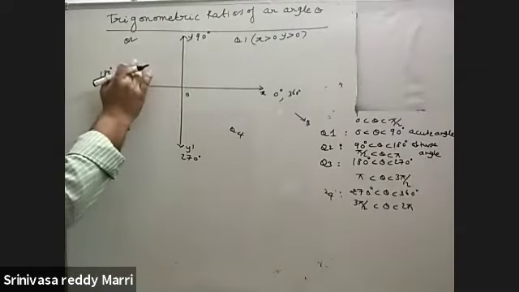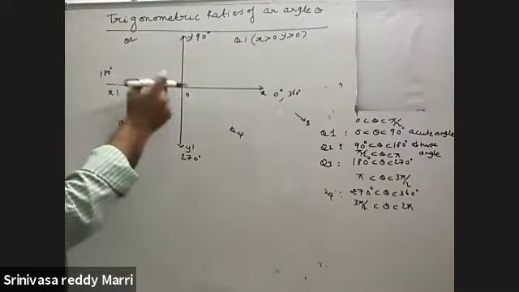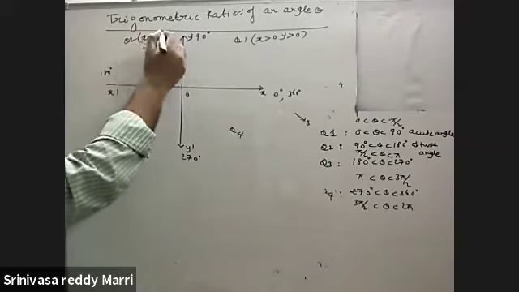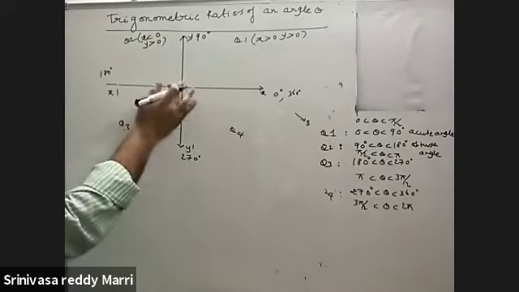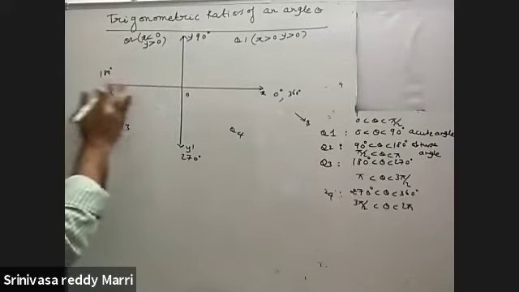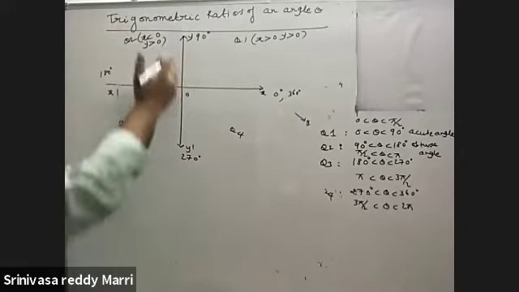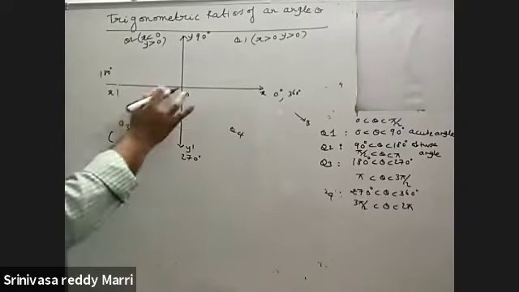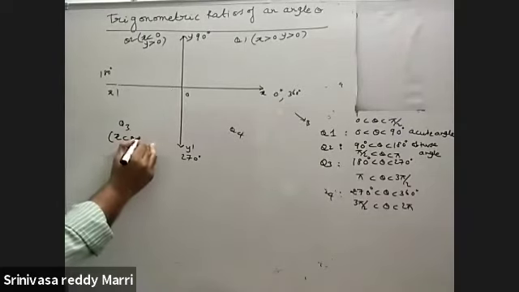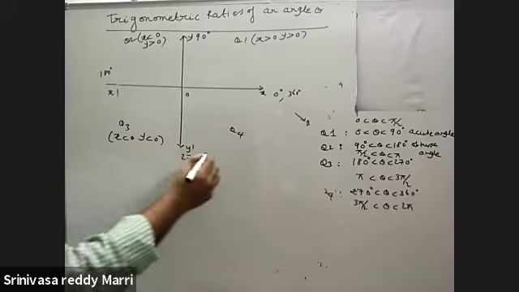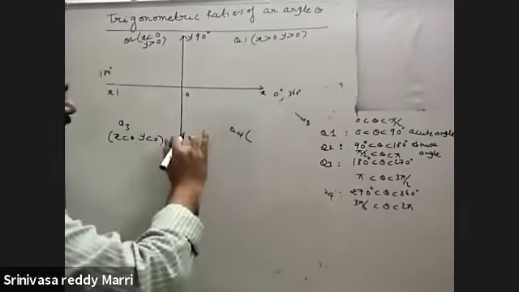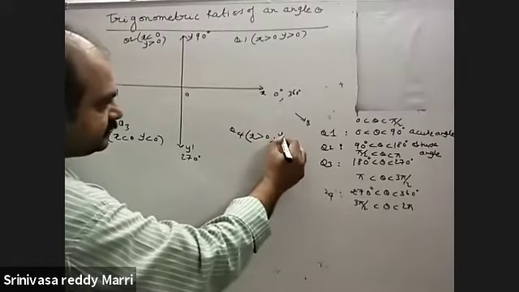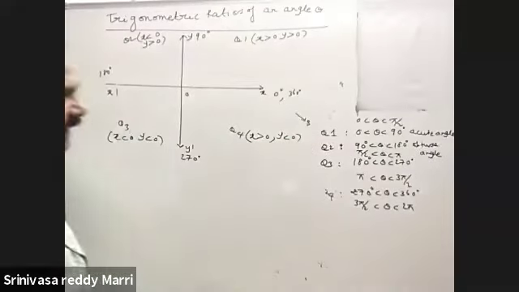Look at quadrant 2. This boundary is OX dash. That means in quadrant 2, X less than 0 and Y greater than 0, because in X only negative real numbers will be there, and in Y only positive real numbers will be there. Like that in quadrant 3, this is X dash, this is Y dash. Always X less than 0, Y less than 0. In quadrant 4, OX, OY dash, that means X greater than 0, Y less than 0.